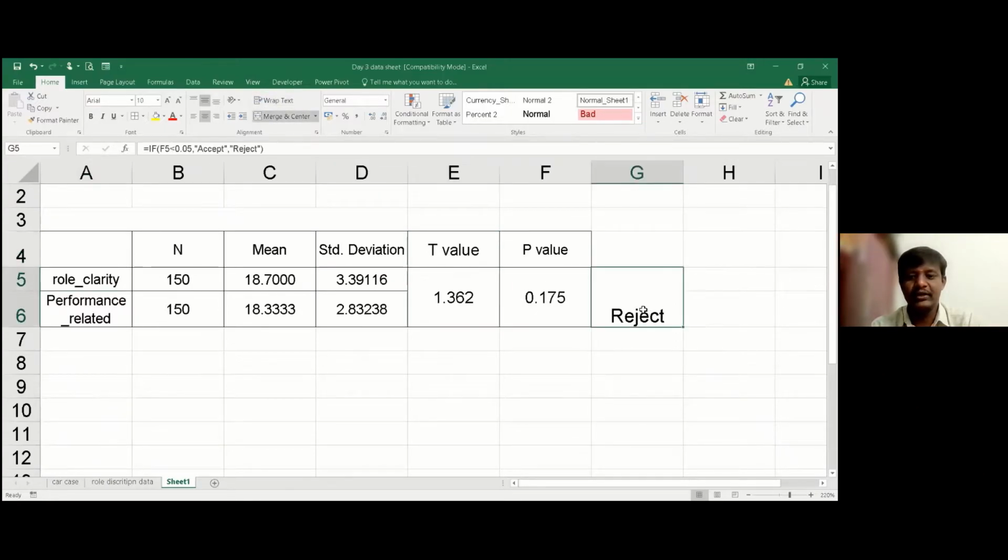Now let us look into how to apply the independent sample t-test. To apply an independent sample t-test, we must have two variables. One variable should be either an ordinal variable or a scale variable.